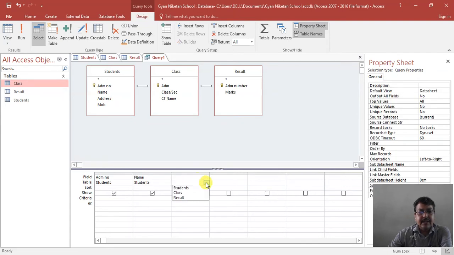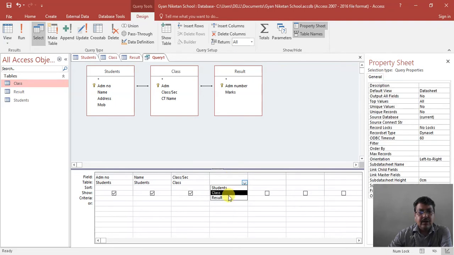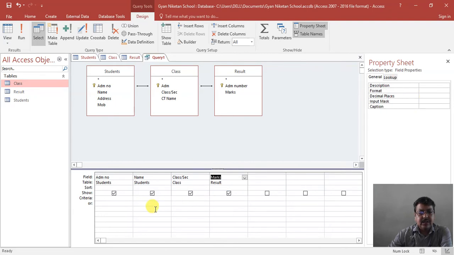Again select the next table, class, and in this you can select class and section. Then click on the result table and select the marks.